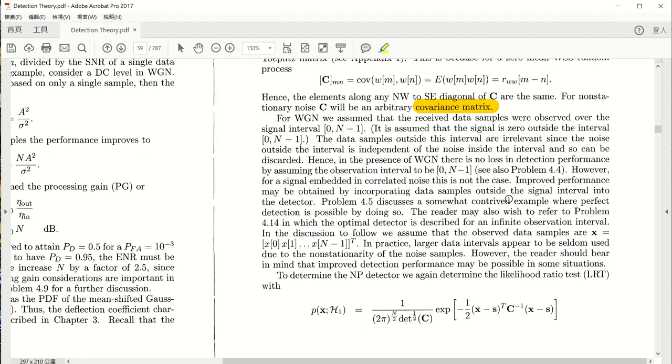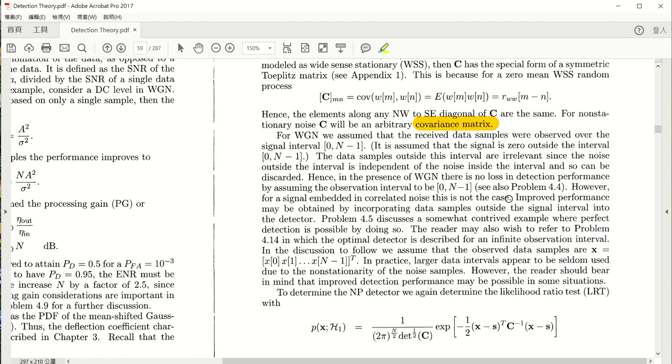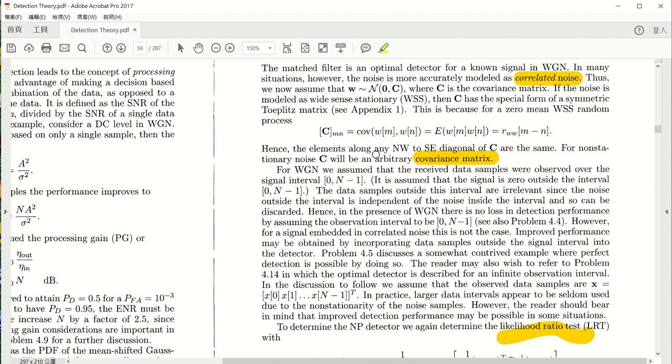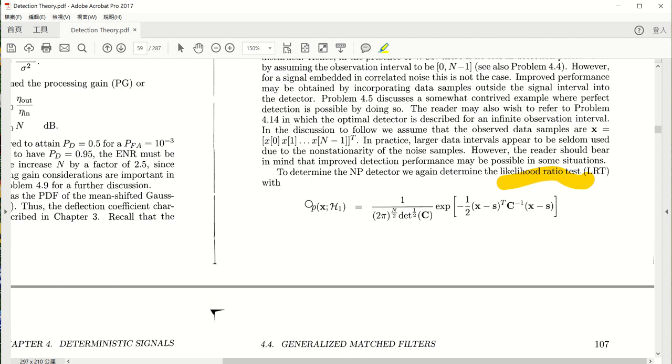So this is, of course, obviously a more generalized version, right? Now we'll be calculating the likelihood ratio under such assumptions, which means non-zero covariance among different time differences. Okay, so now we try to write down the p of x conditioned on h1, and that is